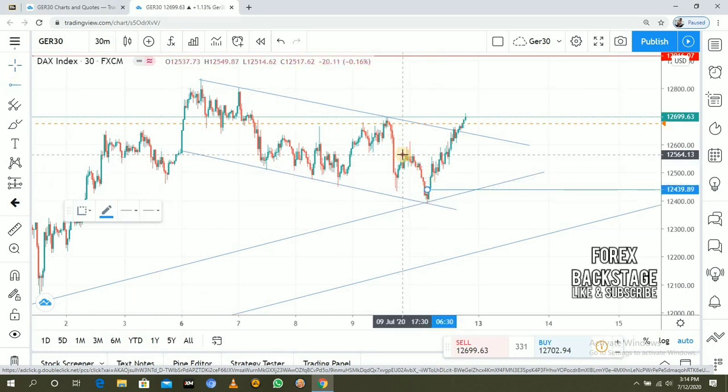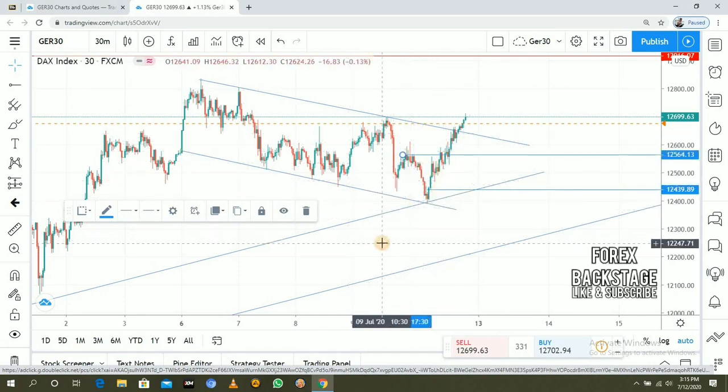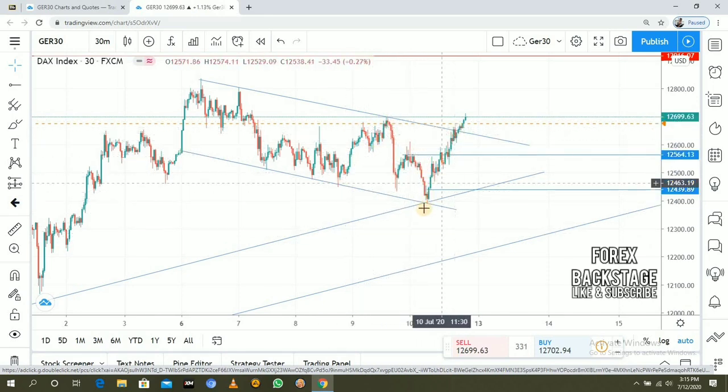Some can buy here because they are waiting for this pattern to be broken, so they can enter here and ride it there. But depending on where you enter, that's how your strategy works. For us, we use the W as a wager to see how the market is going to break out. If we see a long buy candle like this, we know that this thing is going up,